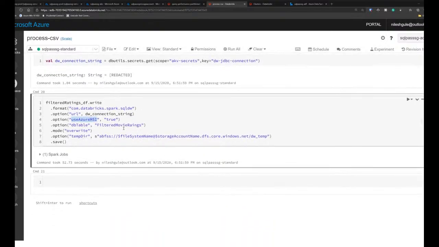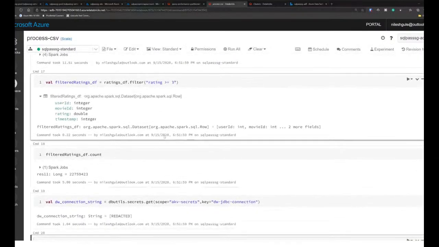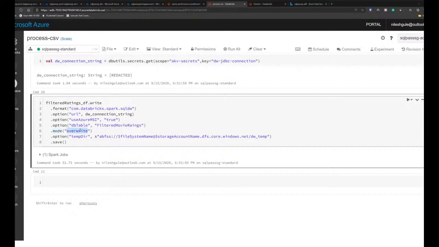And then I use this MSI. This is the option which allows me to write data from the storage account in bulk insert mode into the SQL data warehouse. And then I provide the table option: what is the name of the table that I want to store in the SQL data warehouse, and the option for the mode that I want to use. Since these are the ratings which are greater than 3, I don't really care what the earlier ratings were. What I want to do is just overwrite the complete table here. So if there is an existing table, it will be overwritten using the mode overwrite. I also have the mode append if I want to append the data instead of overwriting it.